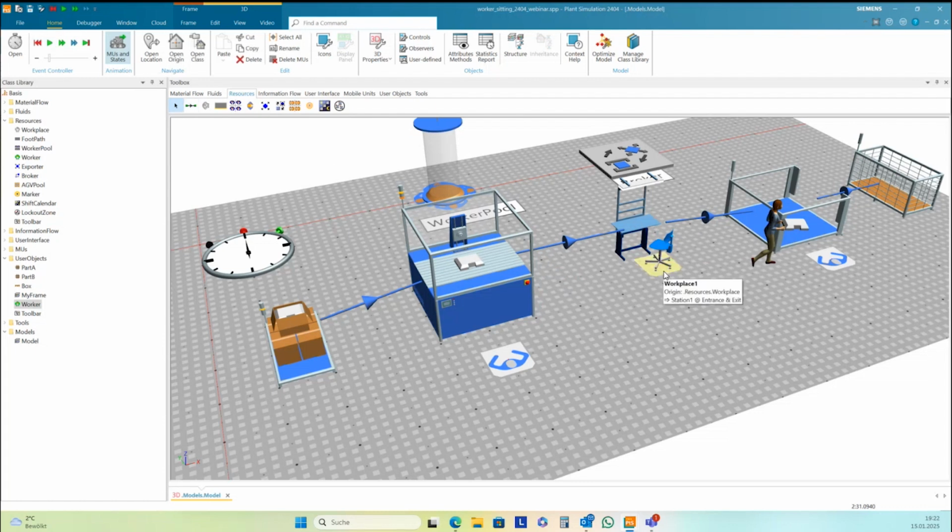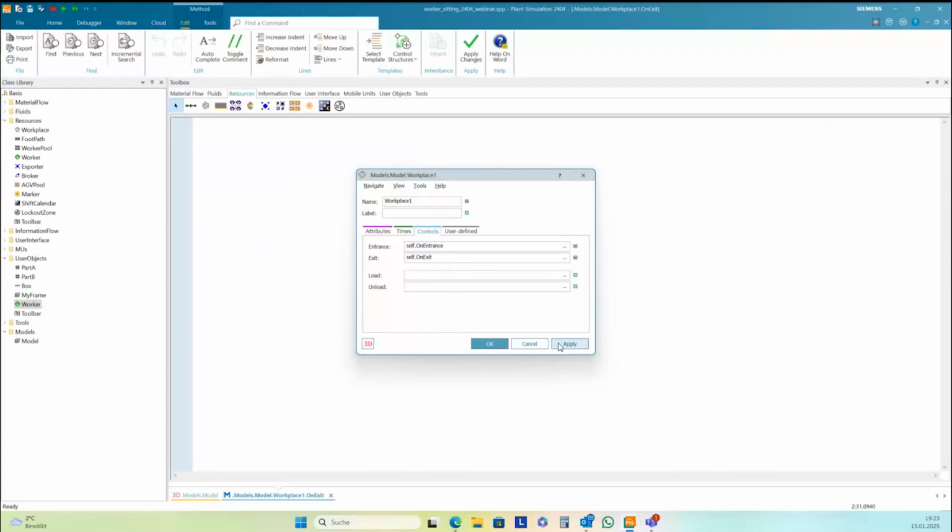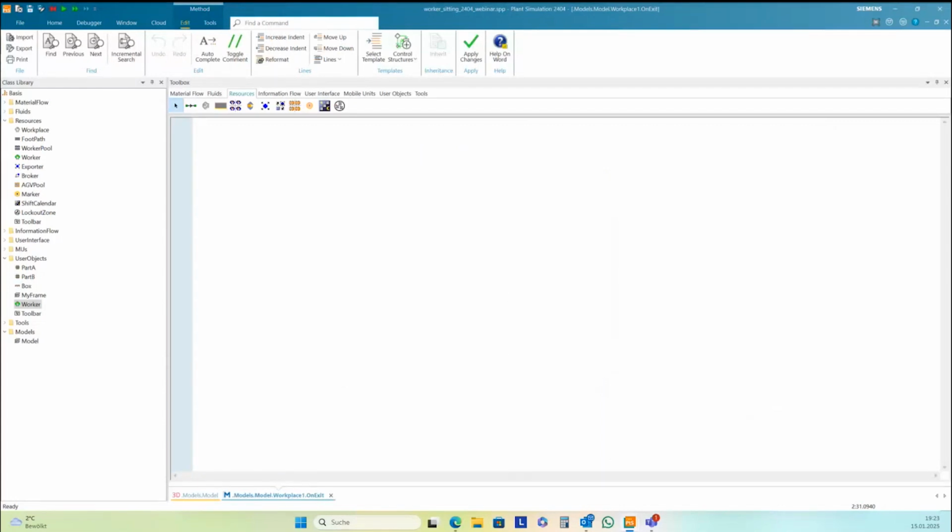In older versions, you need to deactivate the sitting graphic group again. And this you do with exit control here in the workplace. And this is quite easy: point underline 3D, point height.